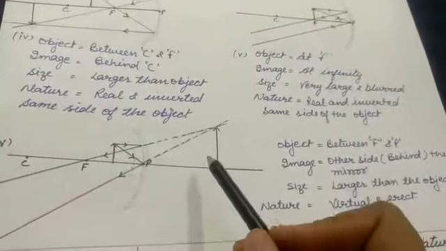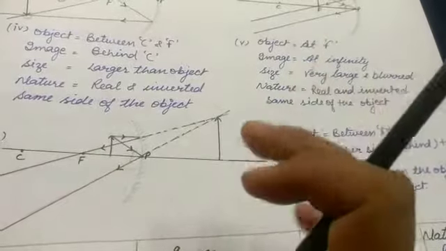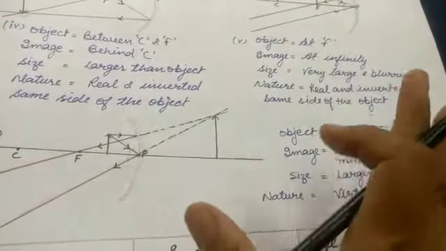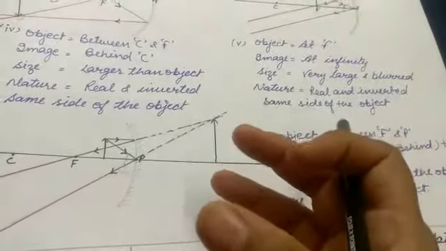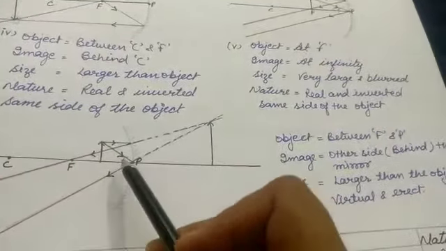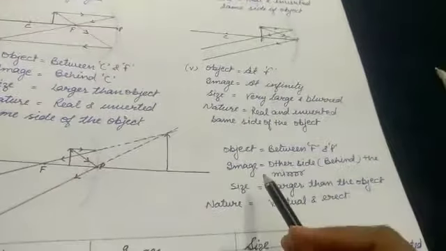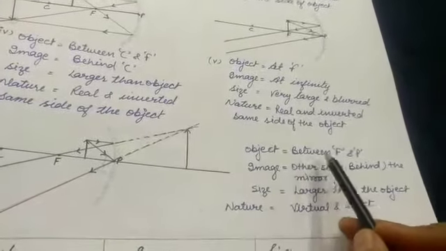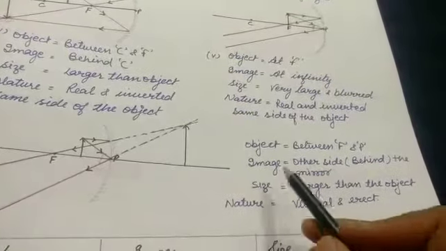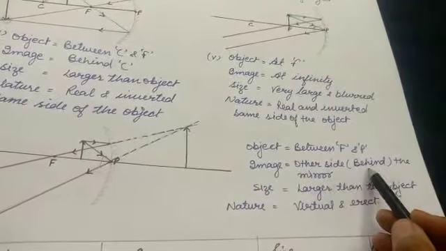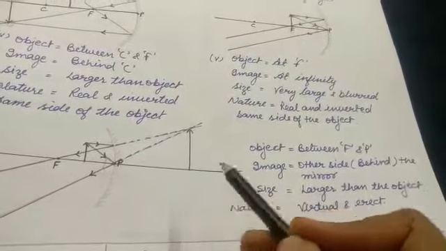Now this image which is formed inside the mirror, we cannot get it on the screen. It will be there inside the mirror. As when we see our face in a plane mirror, our image is formed inside the mirror. And the same way in this case the image is going to be formed inside the mirror. So what information do we get? The position of the object is between F and P. Here, between F and P, the object is placed. The image is on the other side, behind the mirror. Behind the mirror somewhere the image will form.